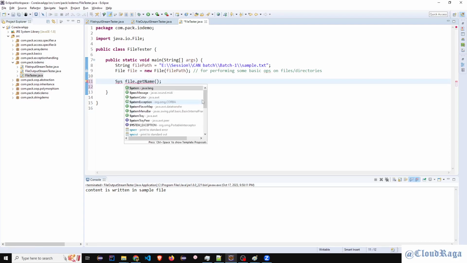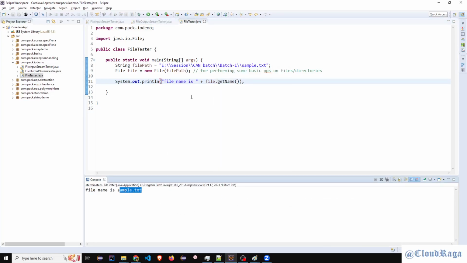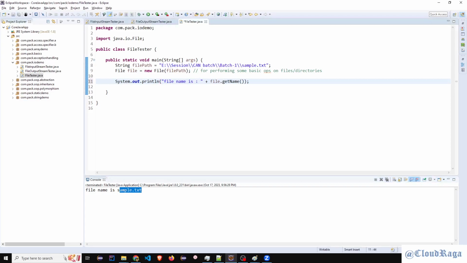I'm not going to use any variable, you guys are already aware of it. So I can print "File name is", and then it will print the file name. That is sample.txt. You can see from that string, it can actually give you the file information.